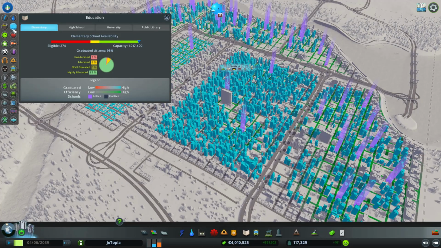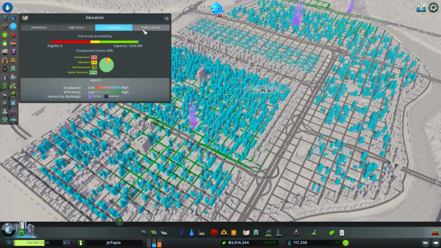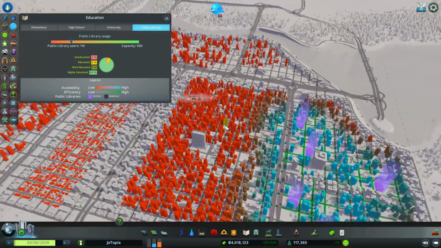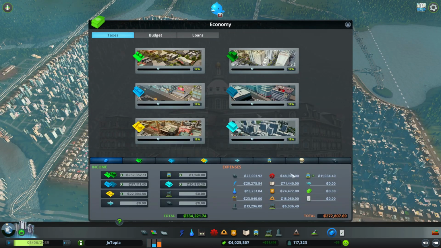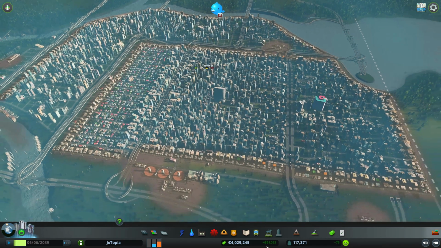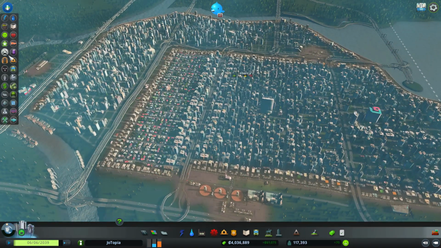But the player who built the city hasn't yet even demolished all of his elementary schools, high schools, universities, and public libraries, meaning that we could probably get a lot more weekly income if we destroyed all of them. But I am not going to spend time on that. Weekly education expenses are currently 70,000, meaning that this income would probably climb over 100,000 if I were to spend my time demolishing those. But like I said, I'm not going to spend my time on that